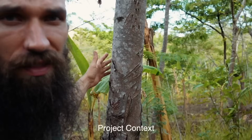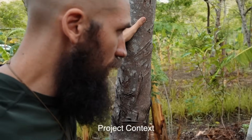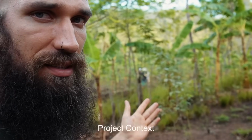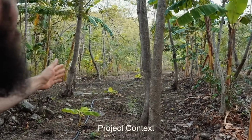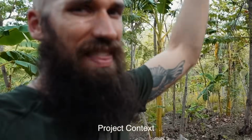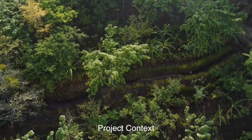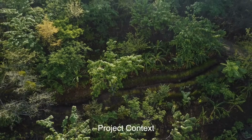For example, this tree right here. They've left this tree. It's not in a tree line. They haven't organized the tree lines to go with the existing trees. You can see the support trees that were already existing, forming that shade, that canopy layer. Tree lines with citrus, with mango, cacao, jackfruit, all sorts of edible crops, bananas. Such a cool thing to see